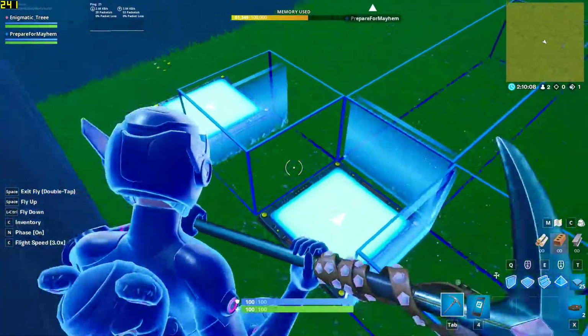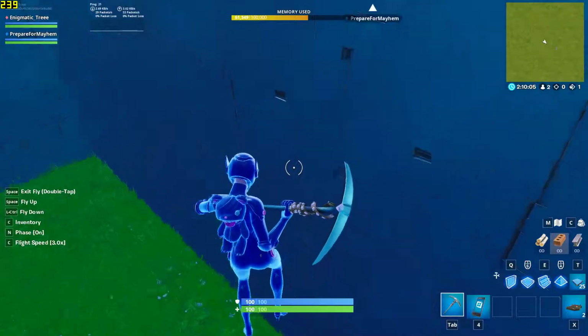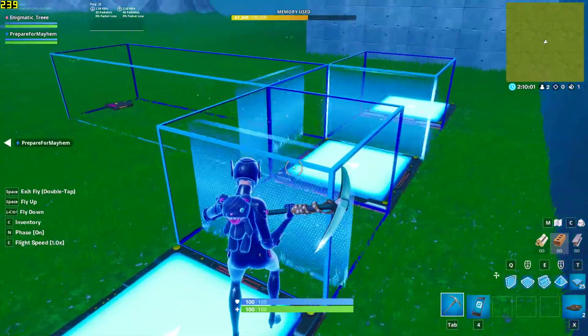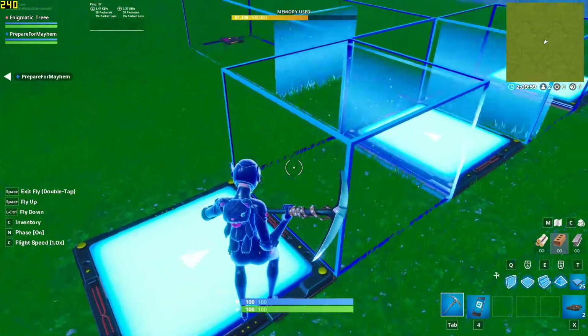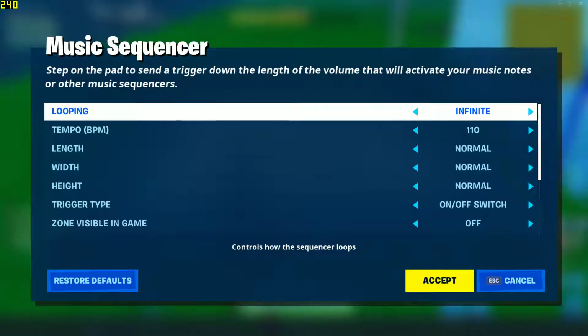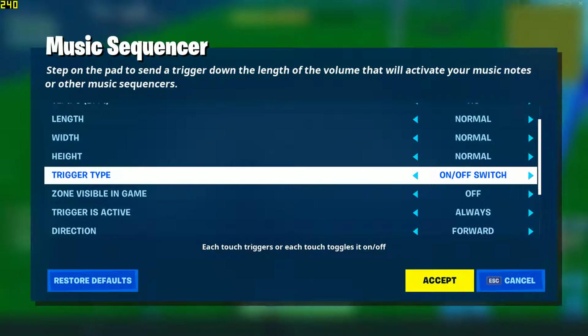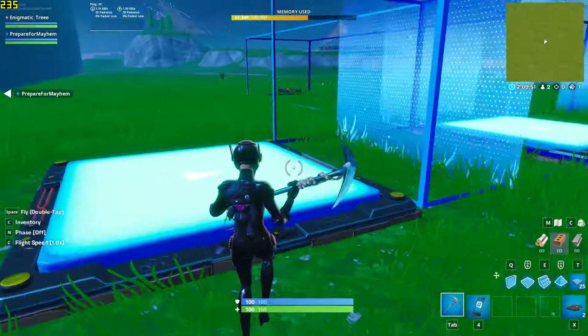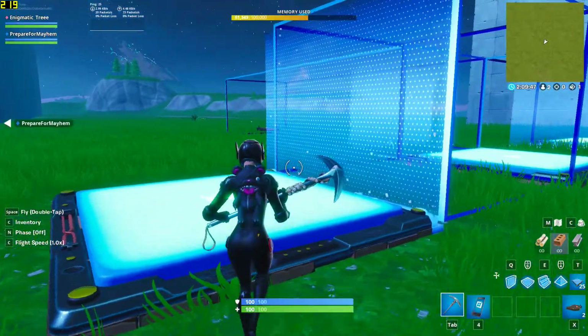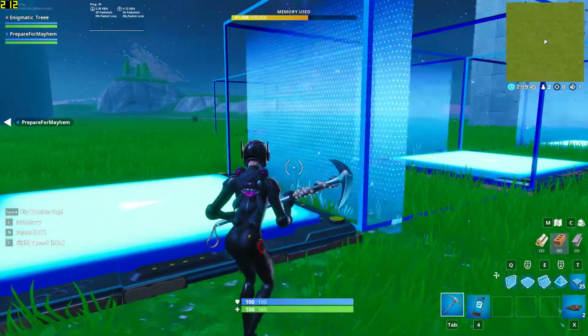So right here we have three sequencers. Two of them are set to constantly, infinitely run. This one is infinite looping, and the trigger type is an on and off switch. That way, if I step on it, it'll stop. If I step on it again, it starts. Otherwise, it's a trigger, meaning,